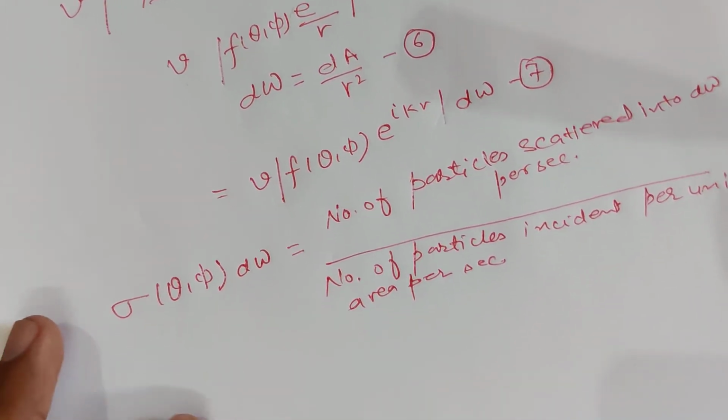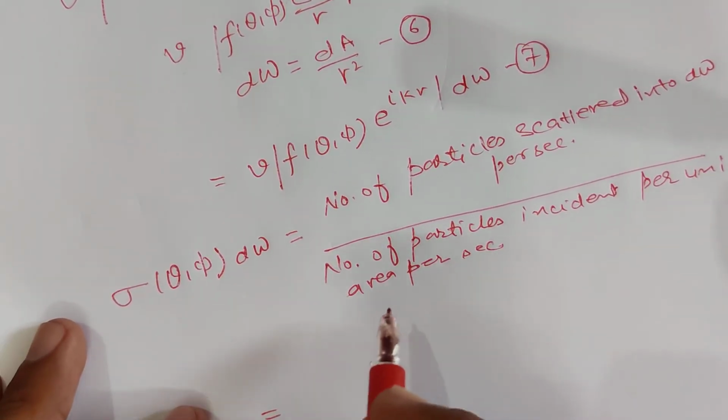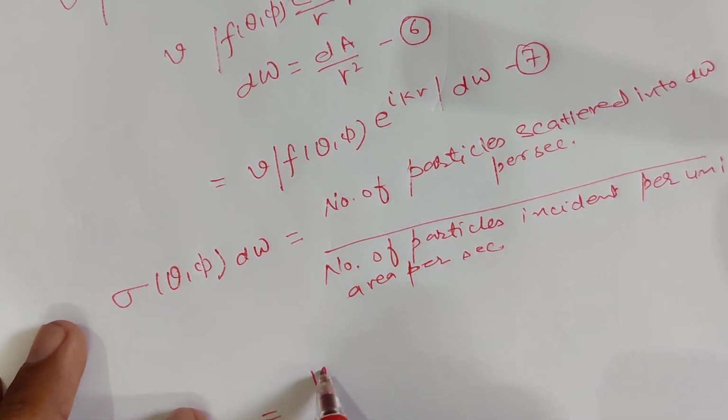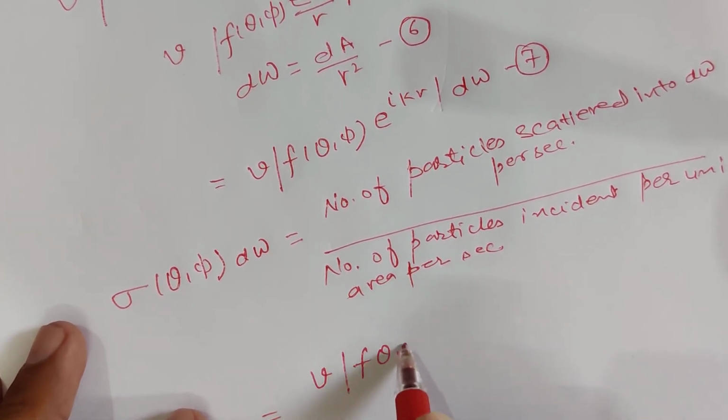This means V sigma(theta, phi) d omega equals